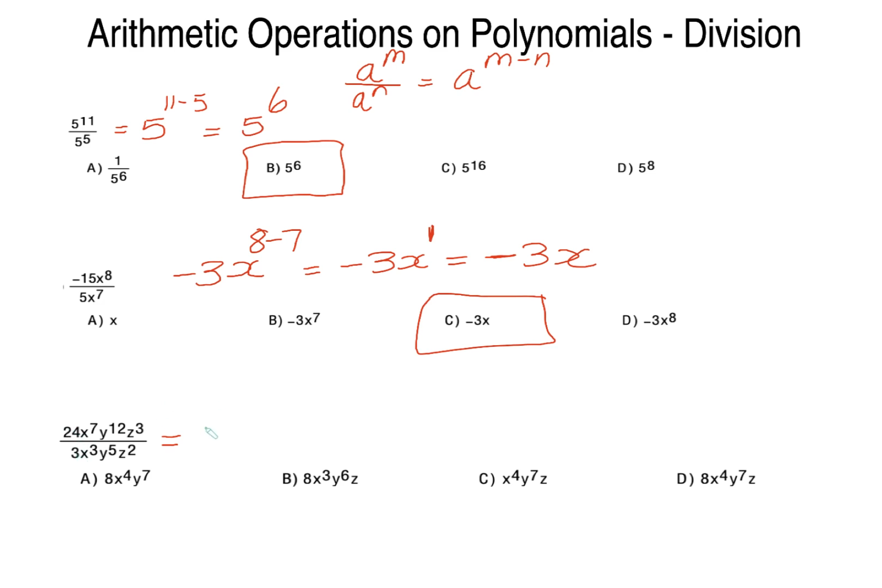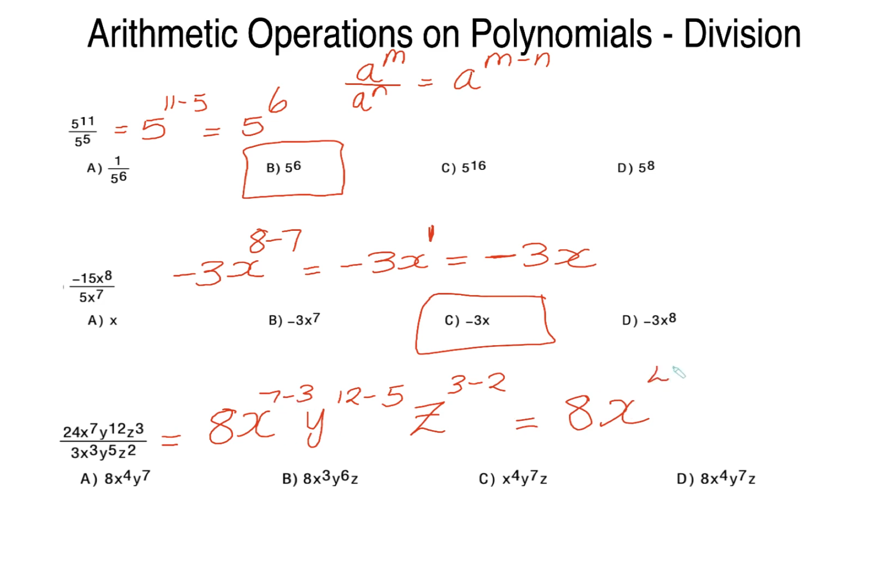24 divided by 3 gives us 8. We're going to keep our base of x. 7 take away 3. Our y's, they match. That's 12, take away 5. And our base of z also match. That would be 3 minus 2. So my final answer would be 8x